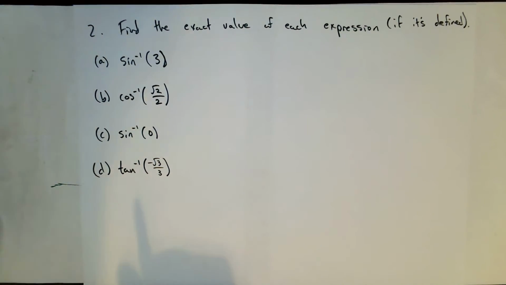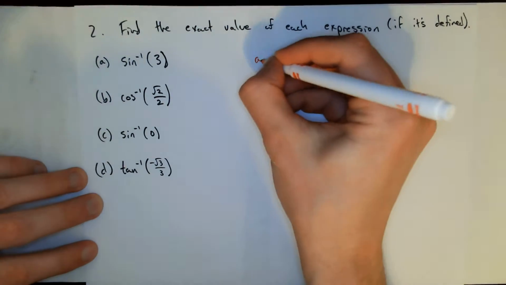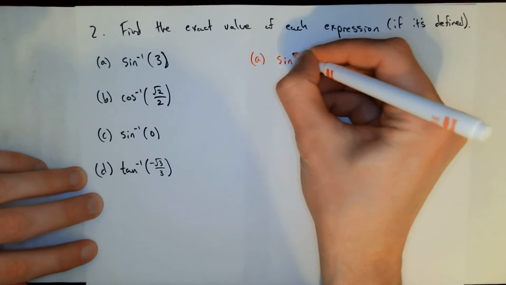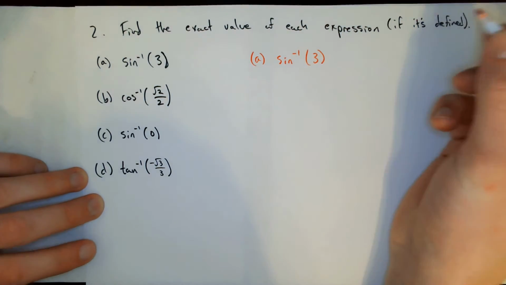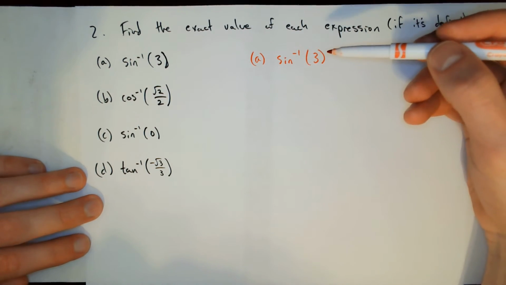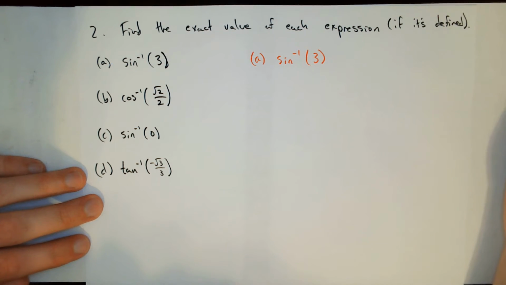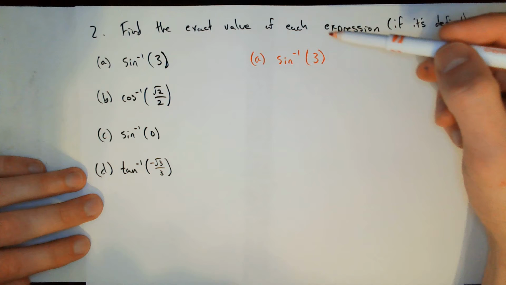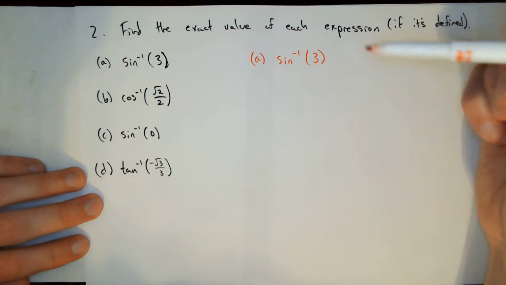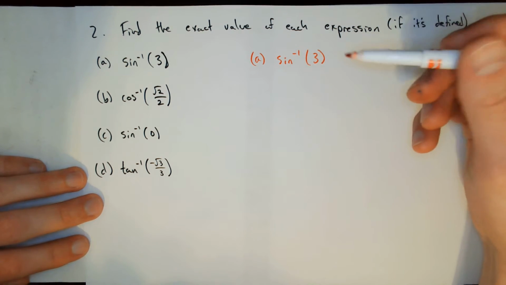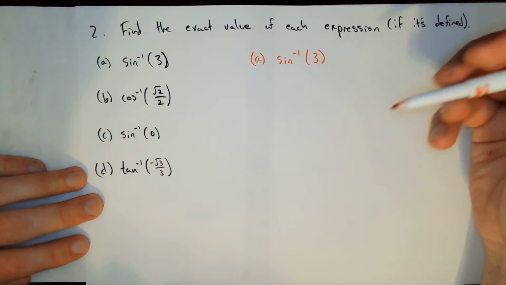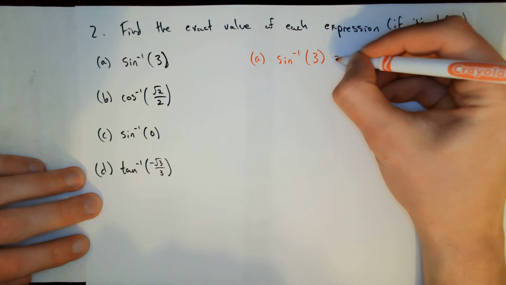Okay, so what are each of these asking? These are all asking for the angle. The output of each of these should be an angle. So this is asking the question, at what angle does sine output a 3? When you ask what is sine inverse of 3, that's asking the question, at what angle does the sine function output the number 3? Well, this is undefined because